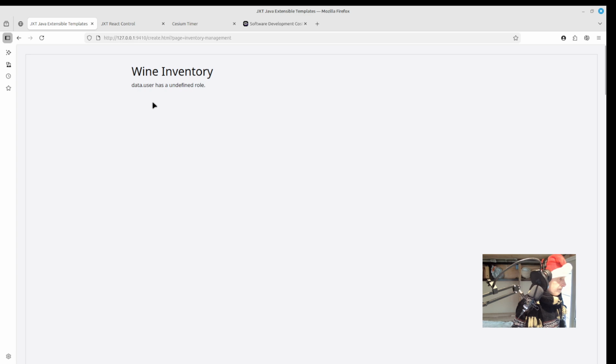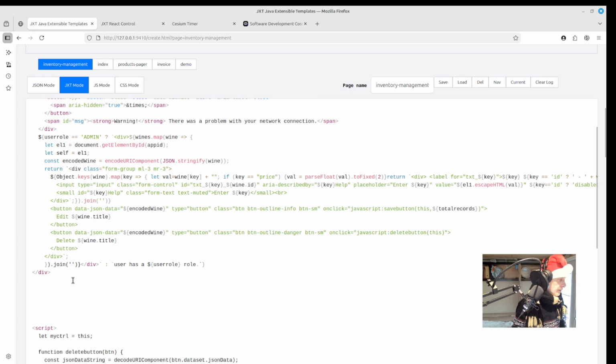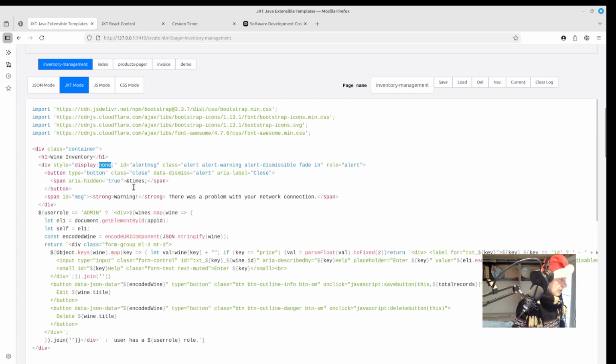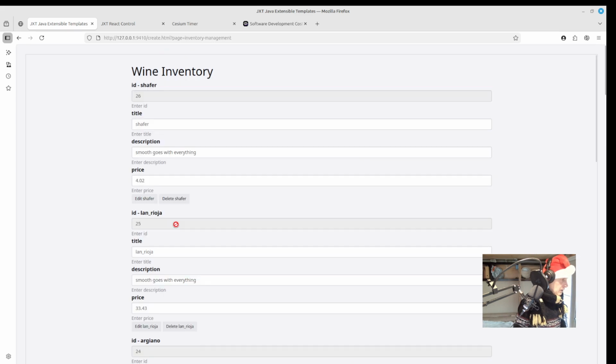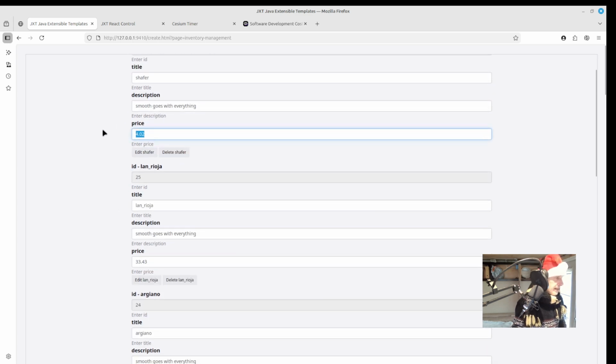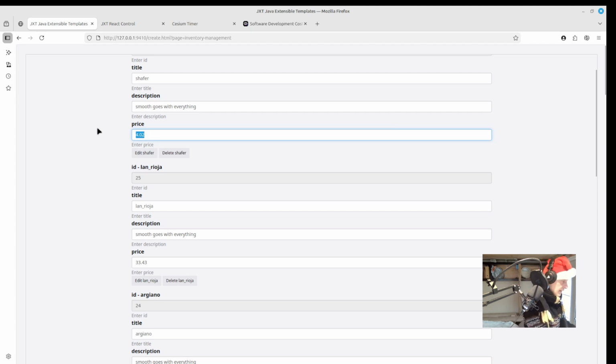And then we will have to look up the user role here. Hold on. So if the user role is an admin, we're then going to create this. We don't want them to be able to edit the IDs, because those are the primary keys of the wine bottle. It's what makes the wine unique. And then we're going to put a little validation in so that the user can change the price. So we want to up this price to